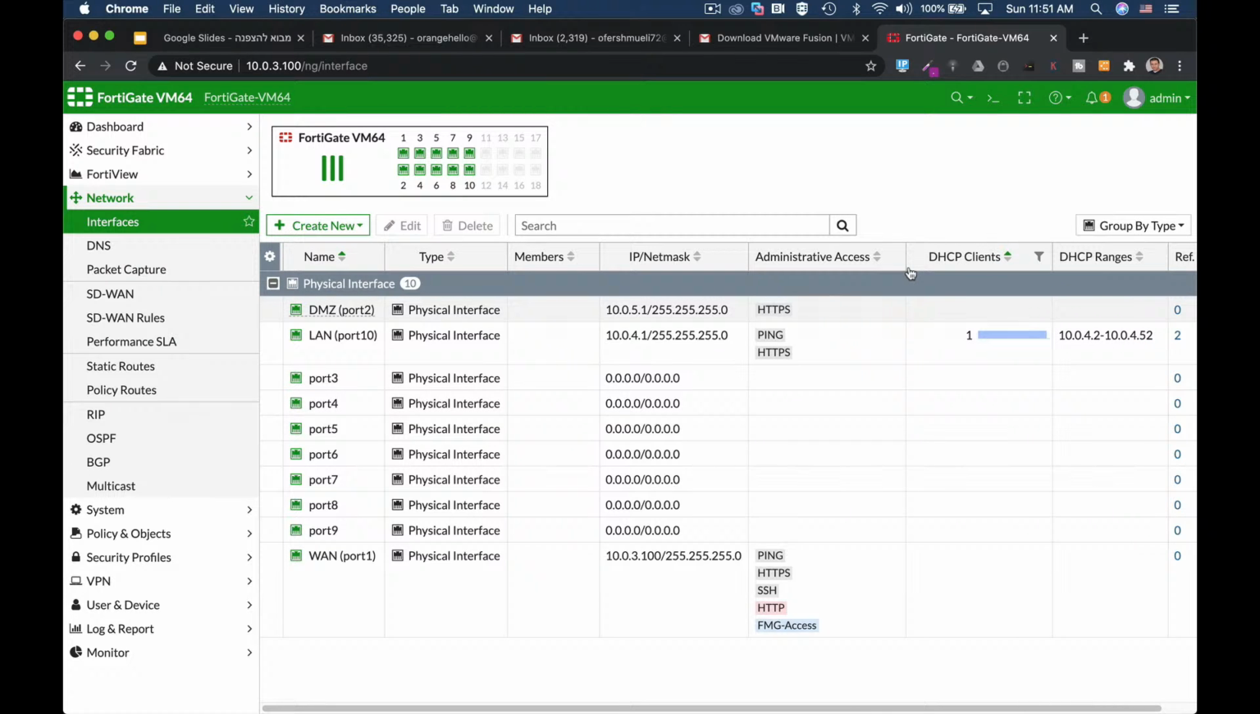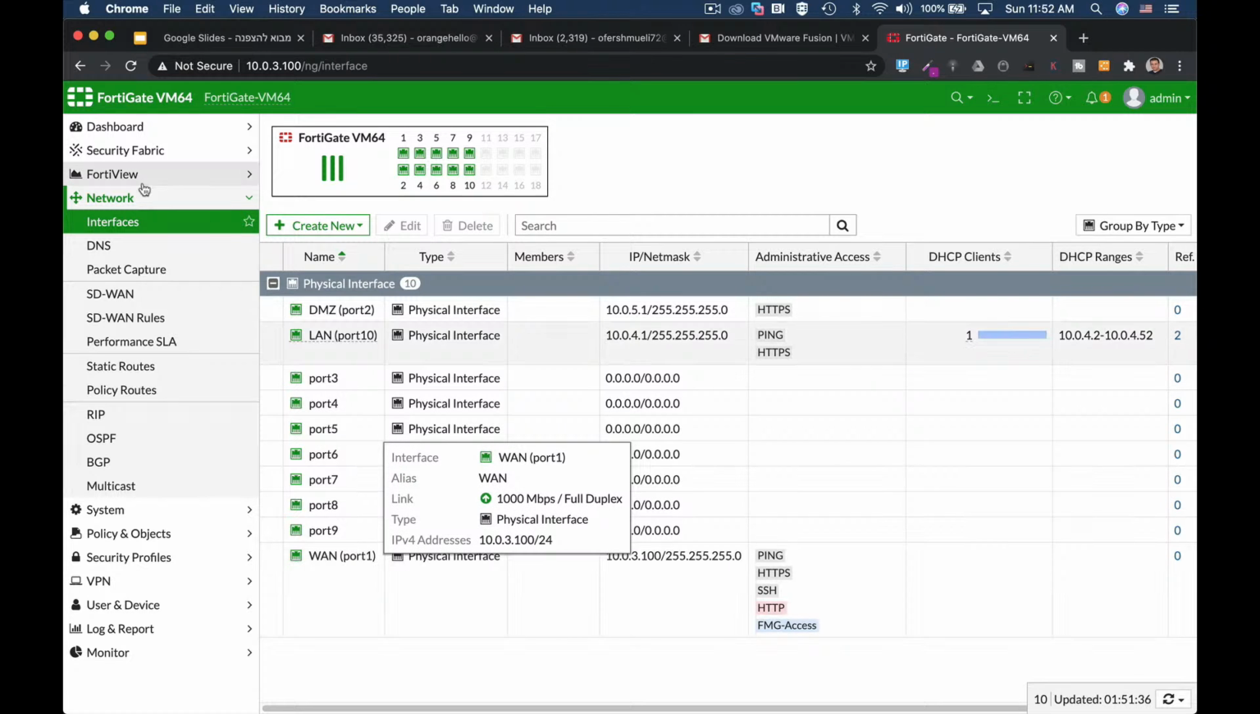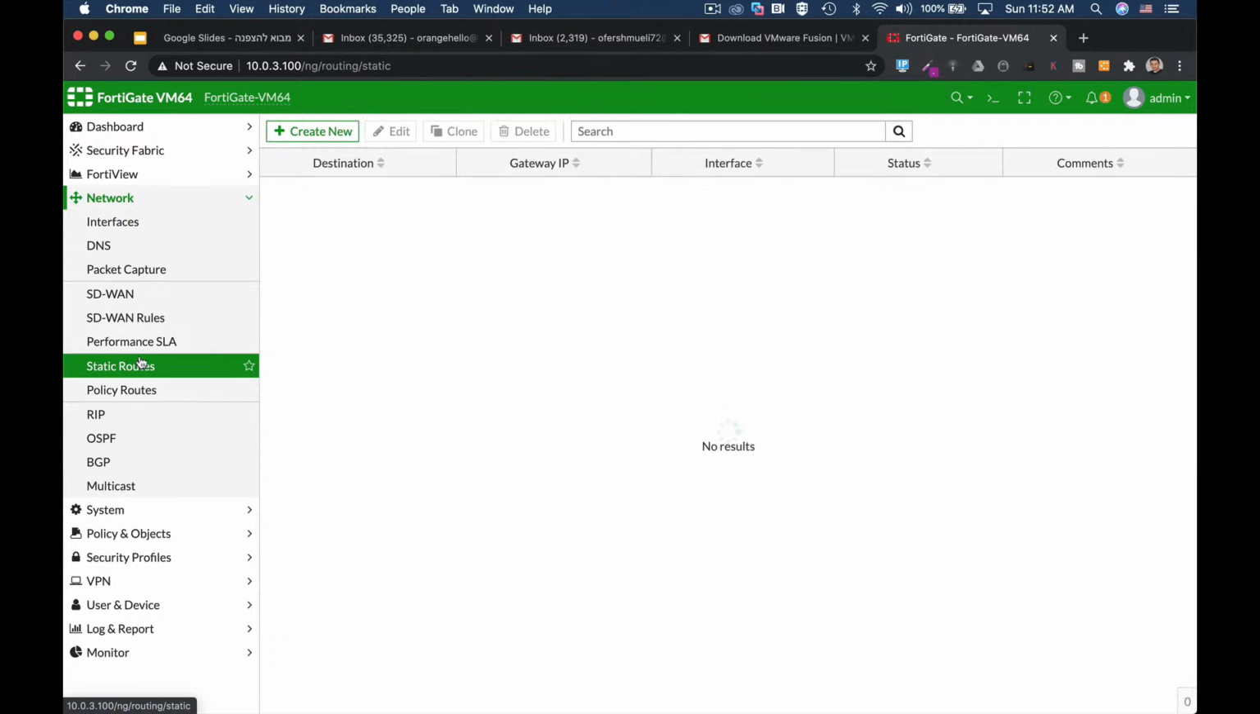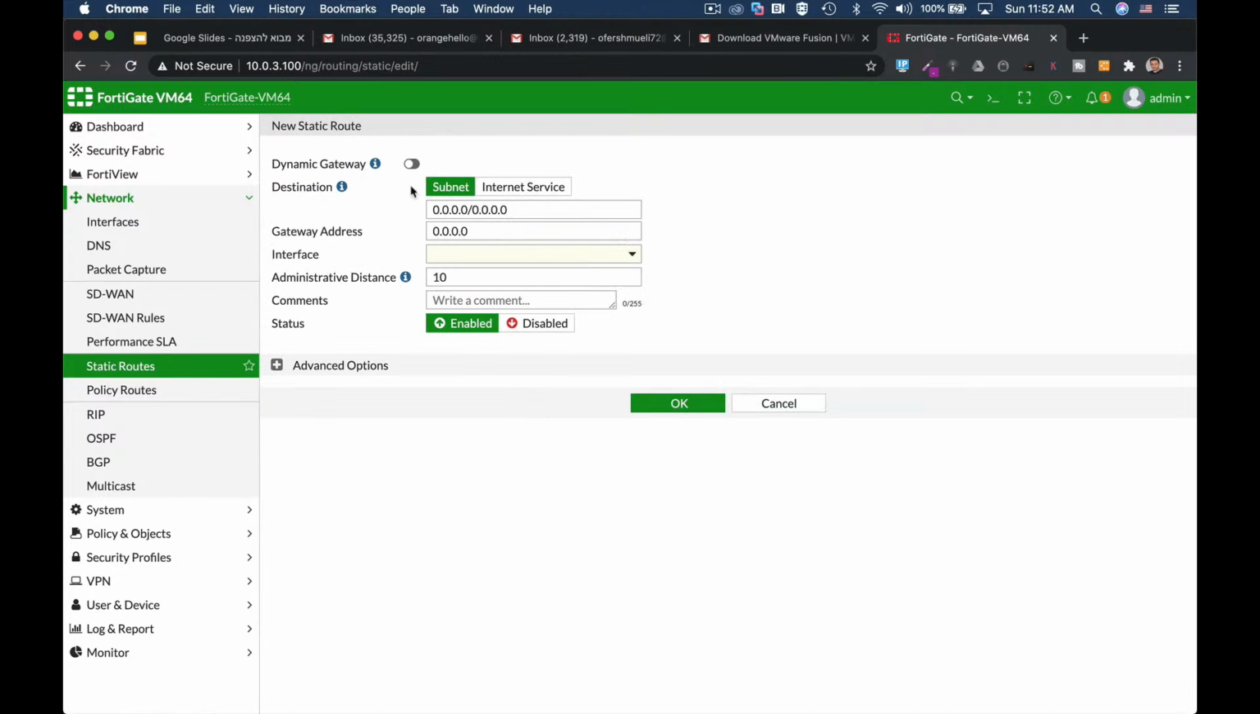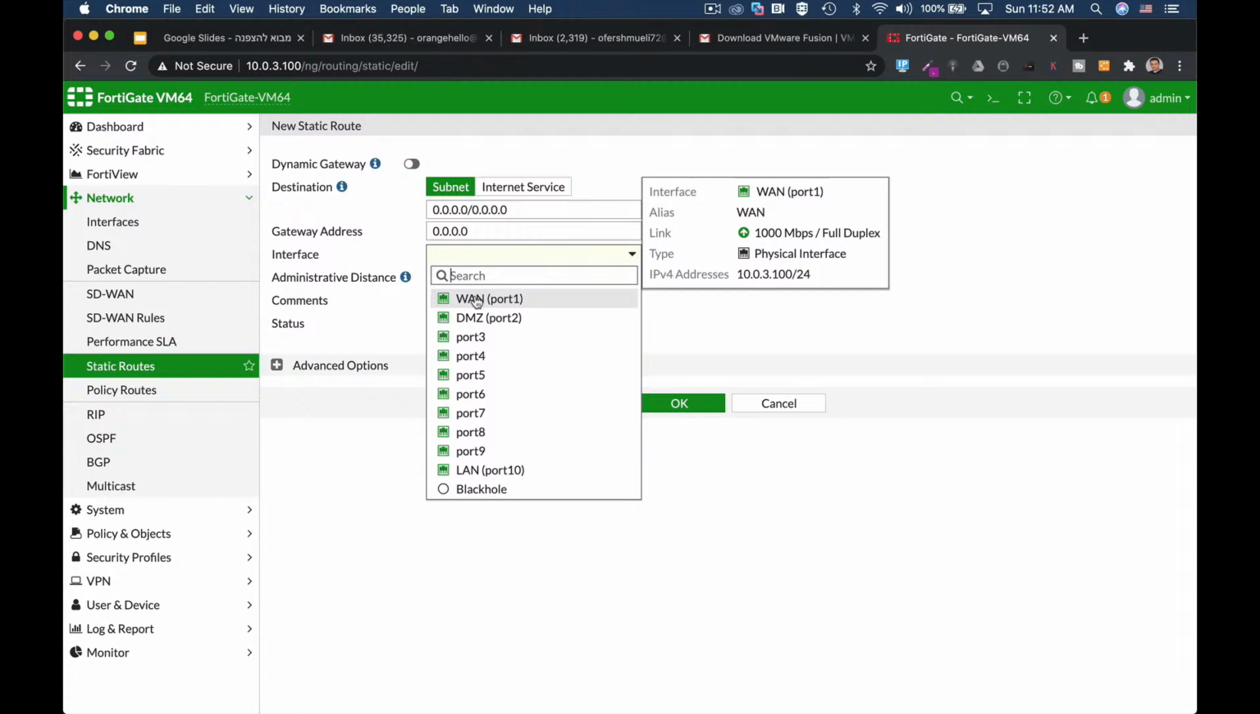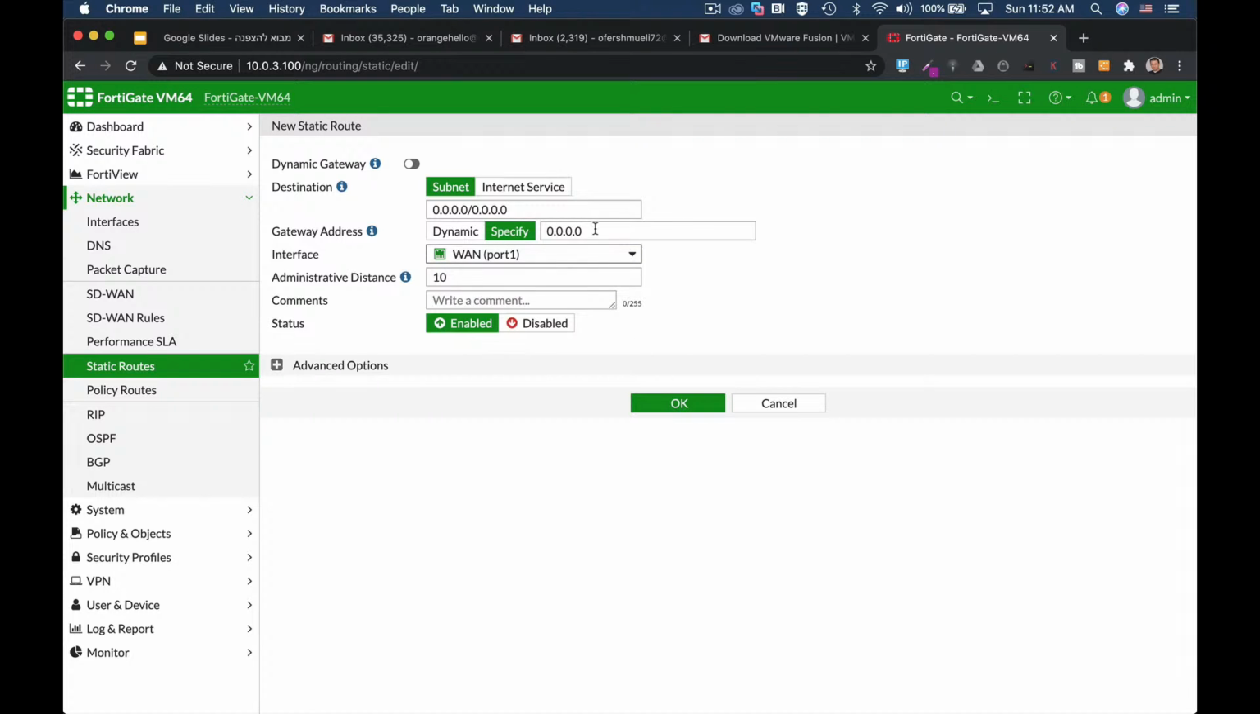All right, so now we have our interfaces set up, and the next thing to do is to manually configure a route entry that will allow all packets to flow towards the gateway interface, that is our WAN interface, and from there to the internet. So we'll move to network, static route. Let's configure a new default route. Our gateway interface sits on the WAN interface, and its IP address is